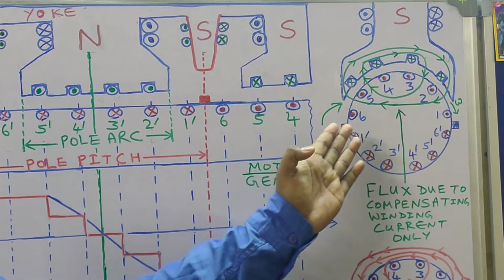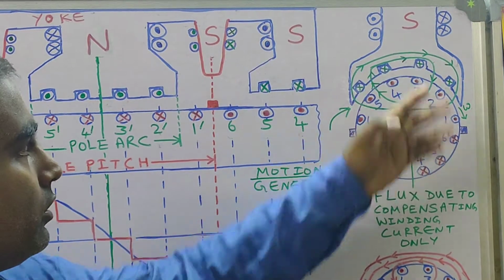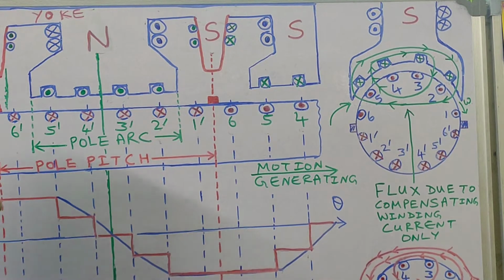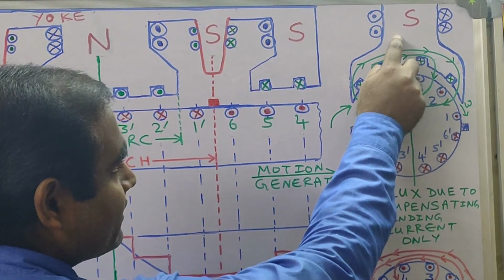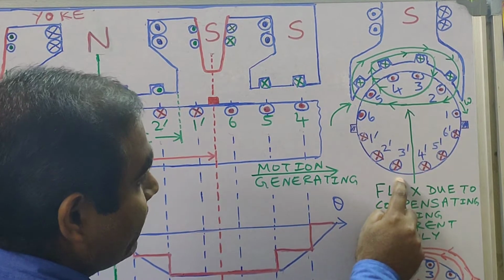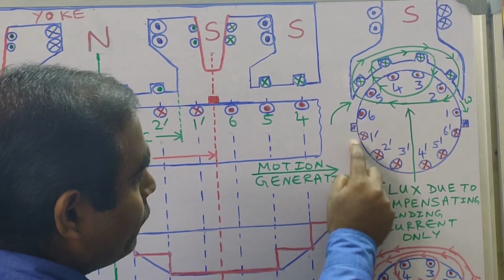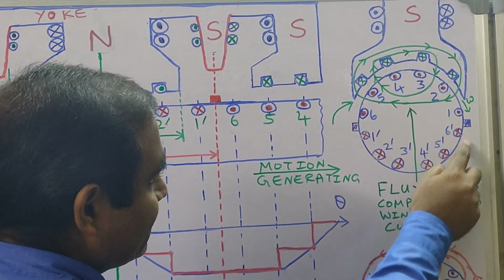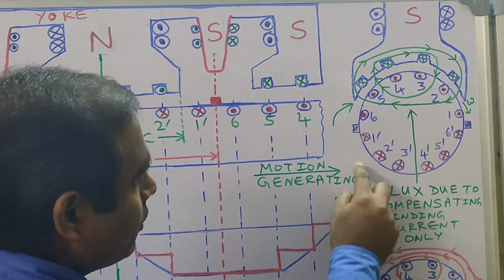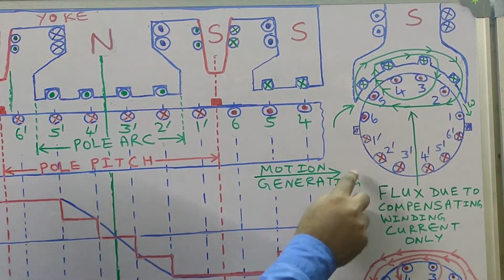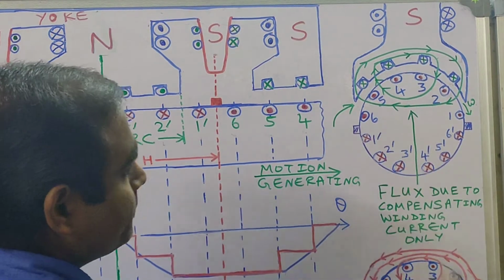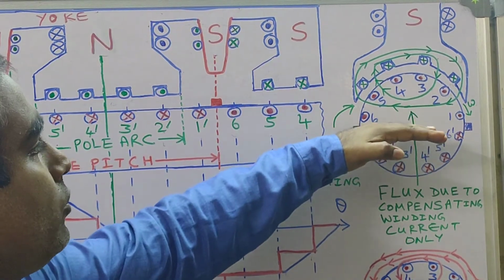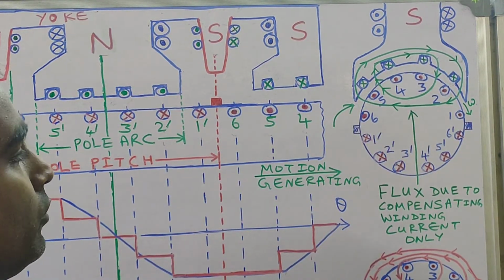Now if conductors under the south pole have dot, then conductors under the north pole will obviously have cross. Although I said it in the beginning, again I am saying, here I have indicated a south pole, there will be a north pole over here which is not indicated. Imagine there is a north pole here, and this is the direction of rotation. You apply Fleming's right hand rule again, and you will find that the EMF induced in these conductors is cross. Or you can simply use the logic that if the EMF induced under the south pole is dot, then the EMF induced under the north pole will be cross.